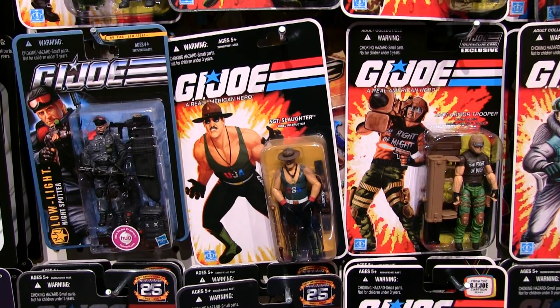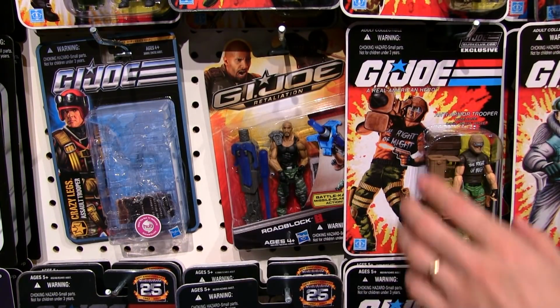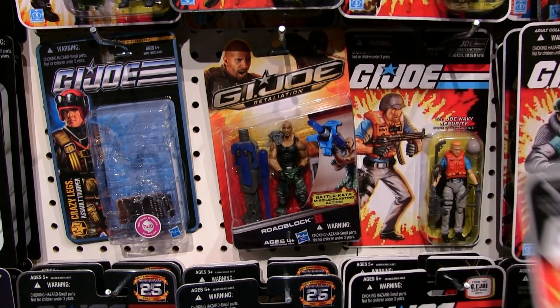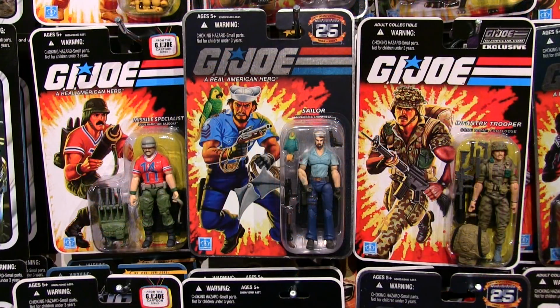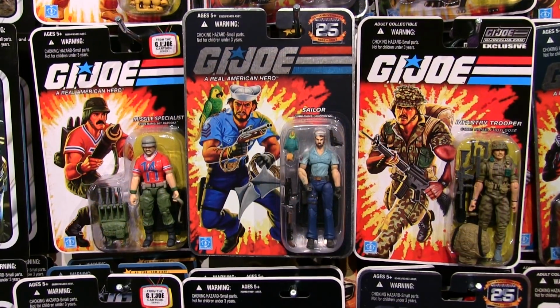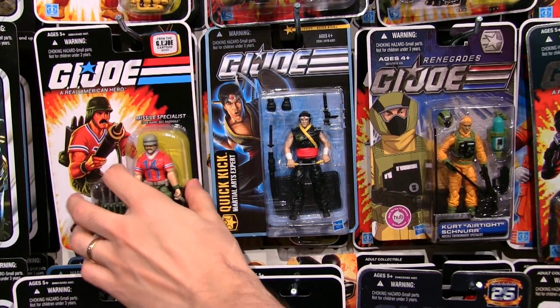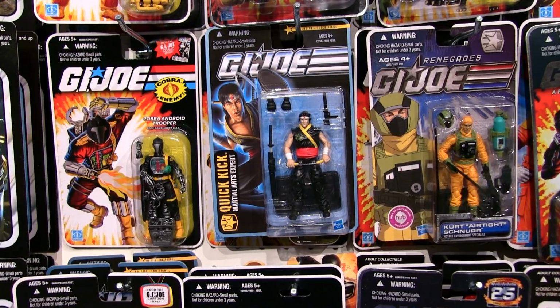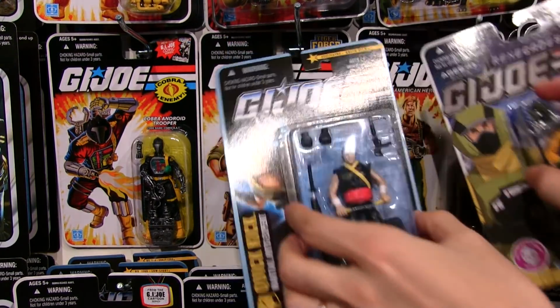And he's got the right of might, Salvo. And a card for Crazy Legs, Retaliation Roadblock, whose body works great for a custom modern slaughter, and Topside. There's Bazooka, Shipwreck, and Footloose, Quick Kick, Airtight, and a Bat. Tiger Force versions of Duke and Flint,